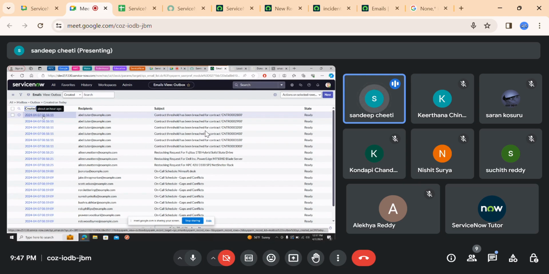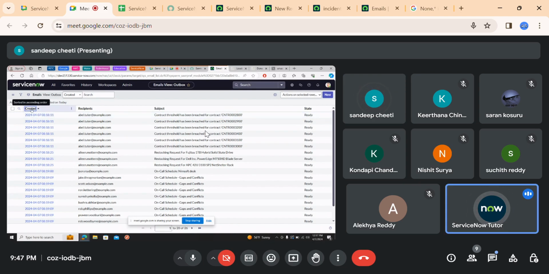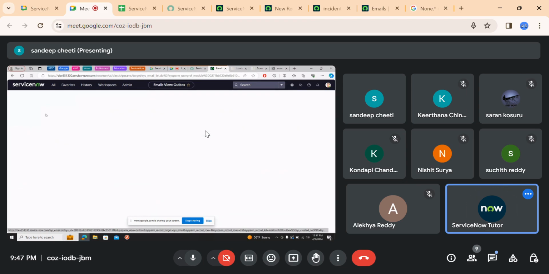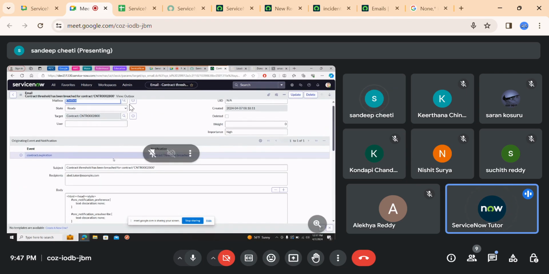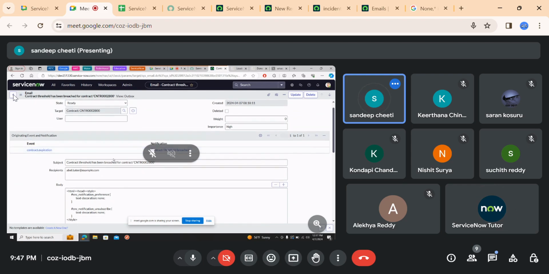How do we filter that? Which email did we receive? Created. Go to this created. Yeah, you can select that created, so you'll be getting the latest ones. Yeah, just go back.